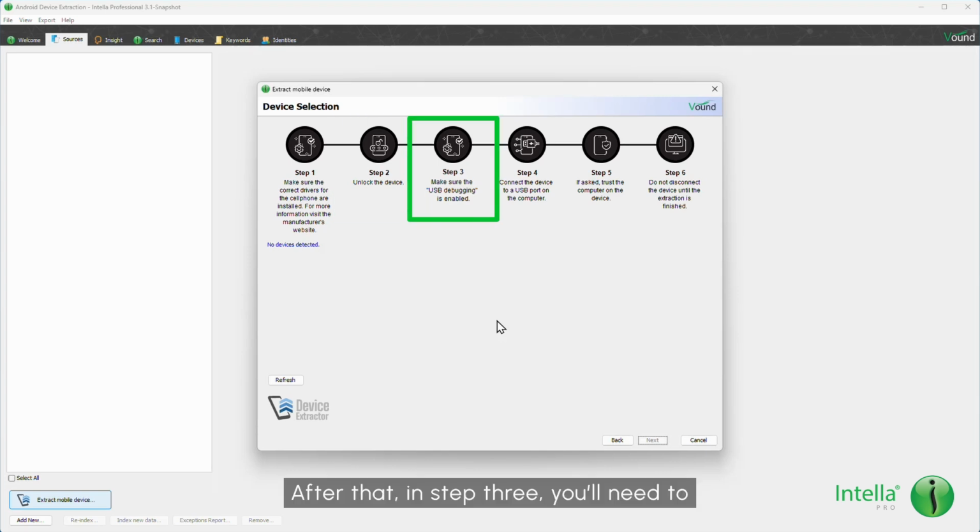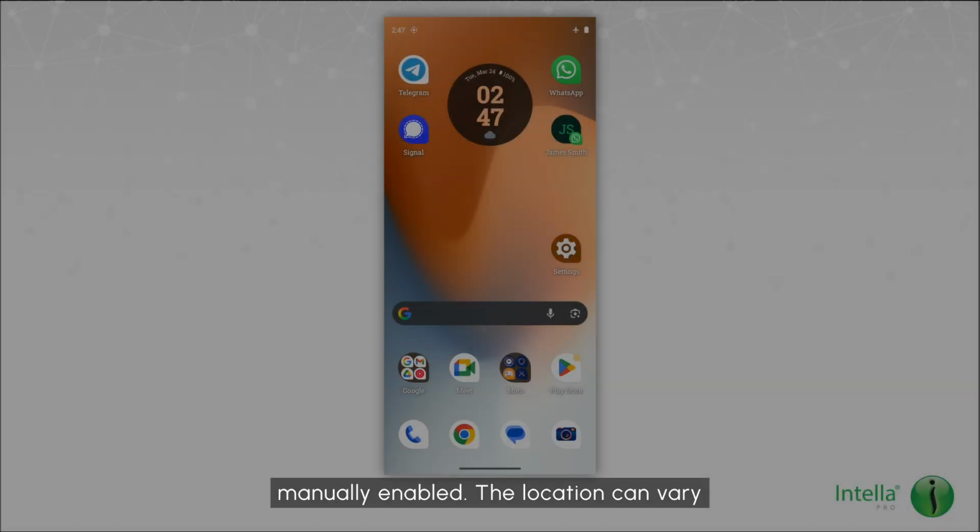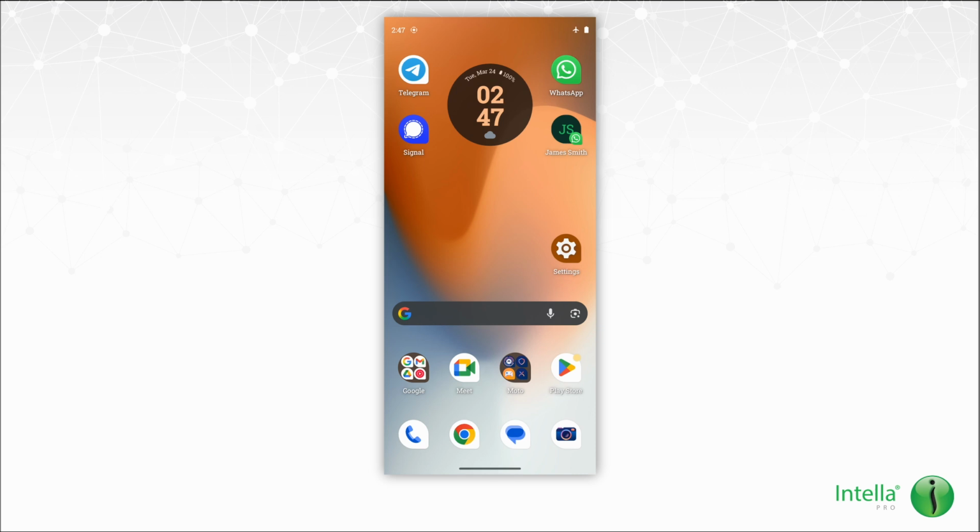After that, in Step 3, you'll need to enable USB debugging, which also requires developer options to be enabled. On Android 4.1 and lower, developer options is available by default. On Android 4.2 and higher, it must be manually enabled. The location can vary depending on the device you have, but on many Android devices, you can typically do this